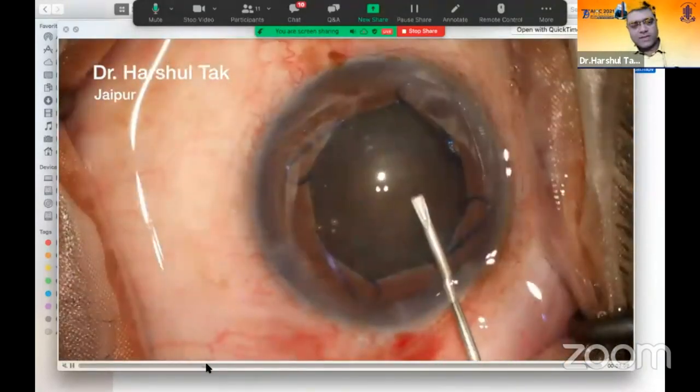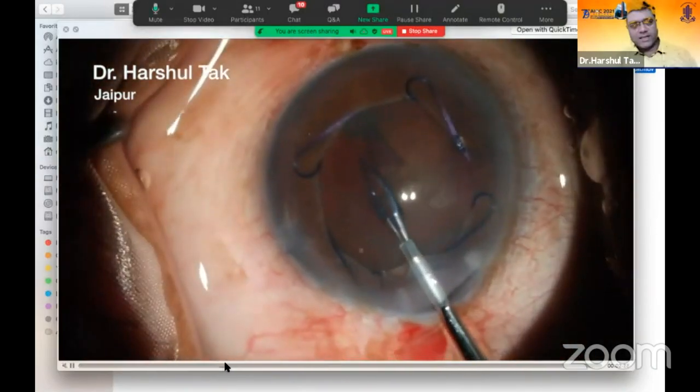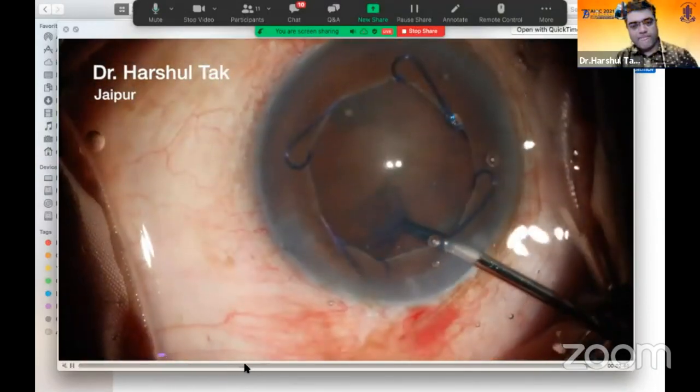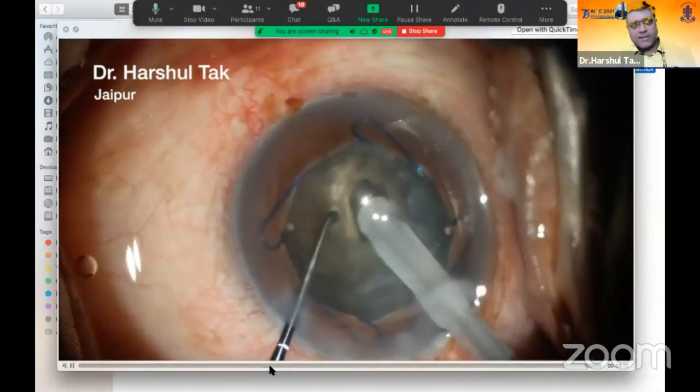So once you have this in place, you're very safe. So here I make a capsular access, and again see, I'm drilling in the center.